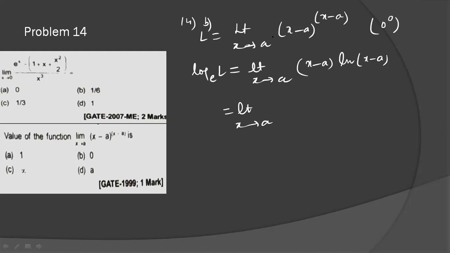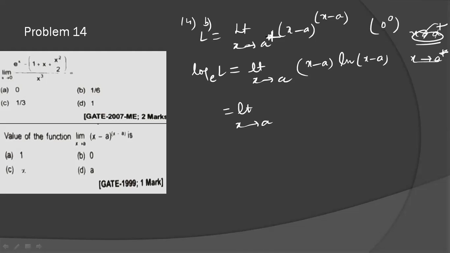Here, the interesting point is we are taking the right hand limit, when x is greater than a. We are considering here x is greater than a, meaning x tends to a plus only. We can find the right hand limit in this question only, because in the left hand limit, this function will not be defined.